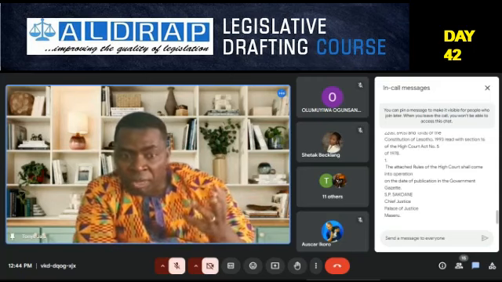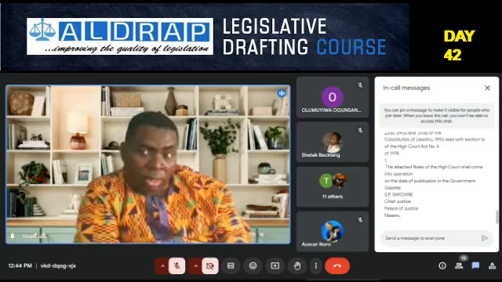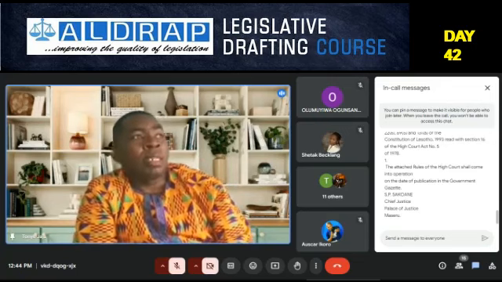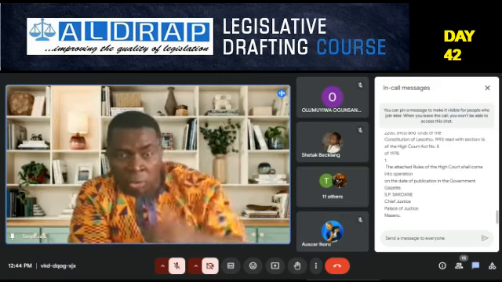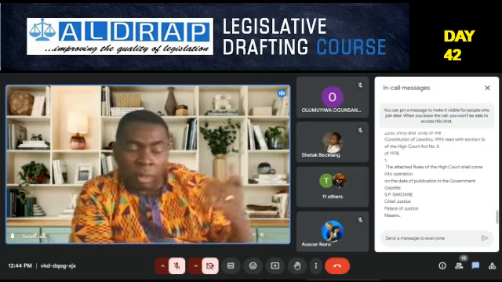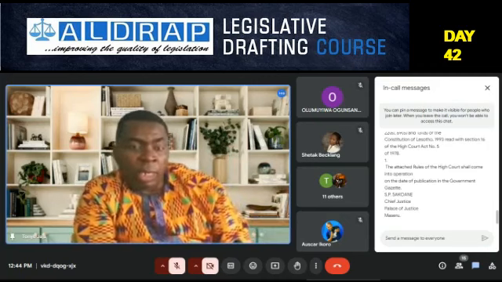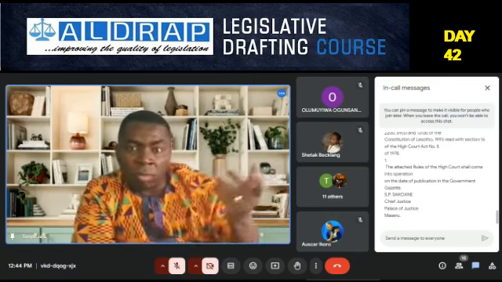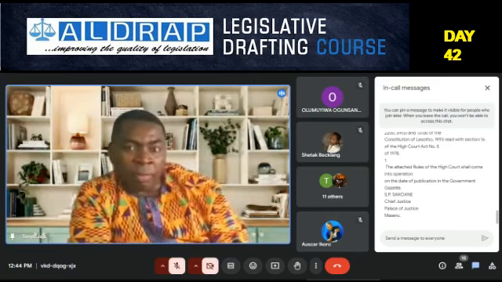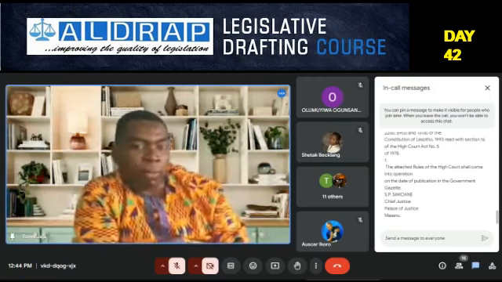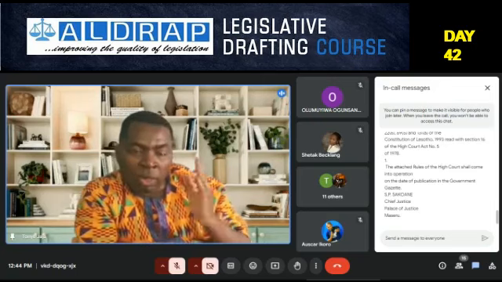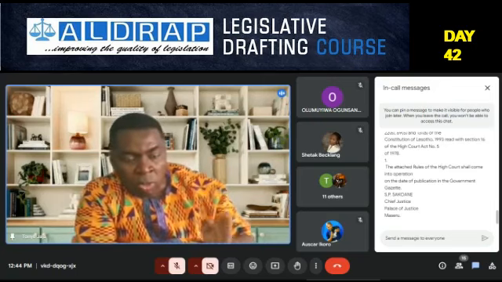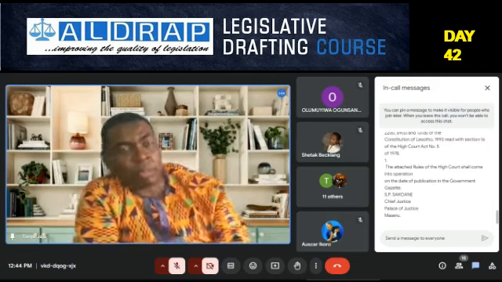If some of these laws, like Plateau State, if it was a litigation state like Lagos State, one of these activists would have sued the chief judge and said this law is not properly made. Therefore, lawyers cannot abide by these civil procedure rules. So it's important to draft laws according to the rules, the conventions.